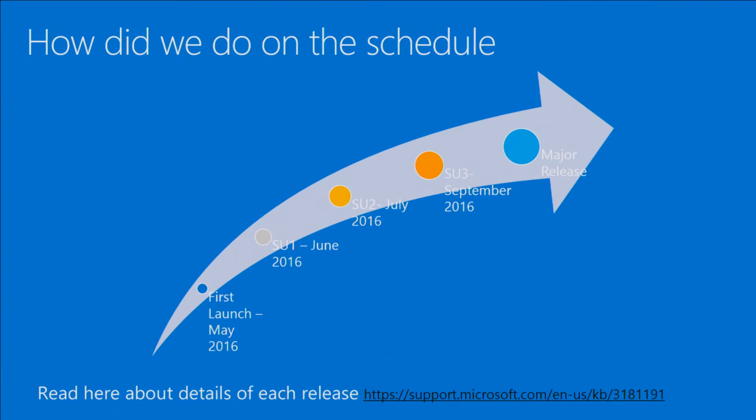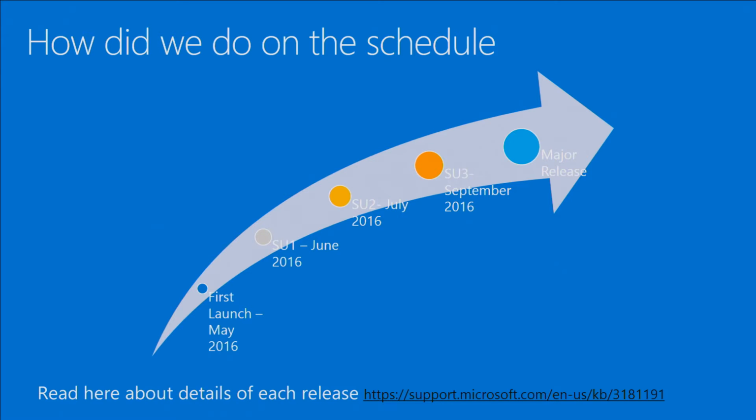Now, how did we do on schedule? This is the most important, I think, because we can talk about monthly and out-of-band releases, but one of the most important things to measure our performance is what we have done till now, because we launched in May, and this is the kind of releases we have done. We launched in May 2016, which was our GA. Then we did our first update in June 2016. We fixed around 240 bugs in it. So as old-time Microsoft customers, you will know, use it after SP1. So that's what we did.